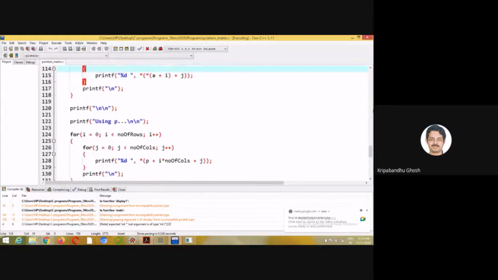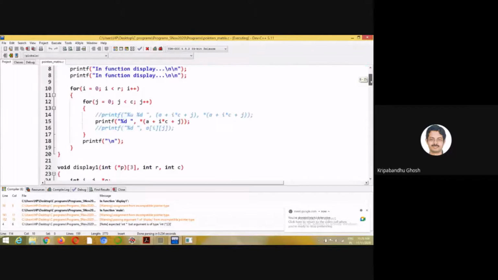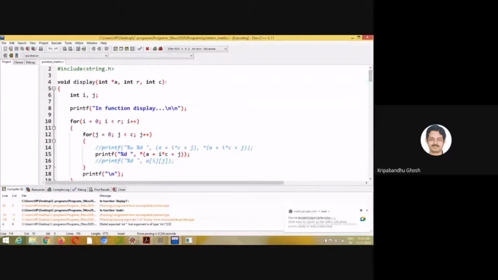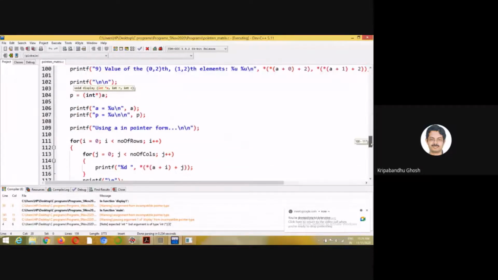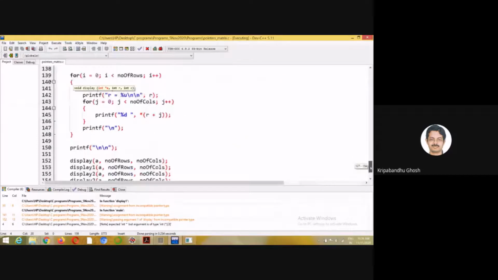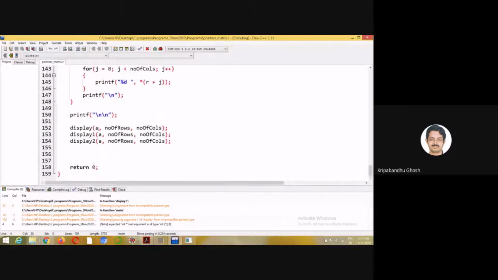So let's look at such a function. This is the function which I'm talking about. Here I have passed A. If you can see at the bottom, A is the same matrix. So basically I'm passing the starting address of the first element of the array.